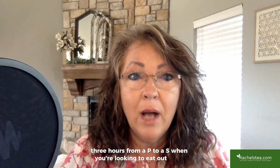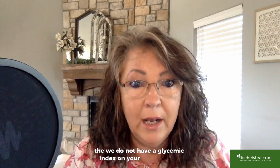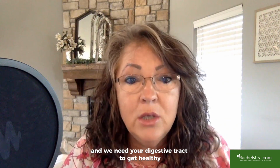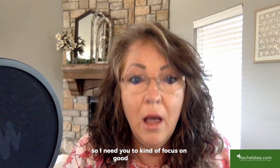When you're looking at your Eat Out Guide, there are 2 things to be aware of. We do not have a glycemic index on your Eat Out Guide. And the glycemic index matters because if you eat all sugary stuff, you're going to get yeasty. And that causes a whole bunch of other things. And we need your digestive tract to get healthy. So I need you to focus on good, healthy food. Okay, so I'm telling you right now,